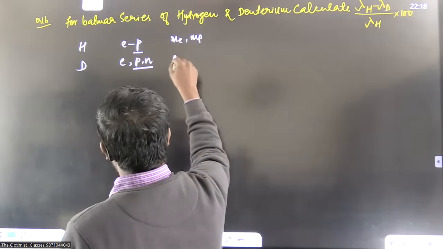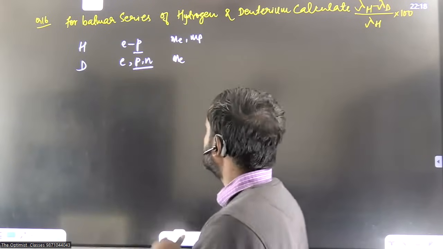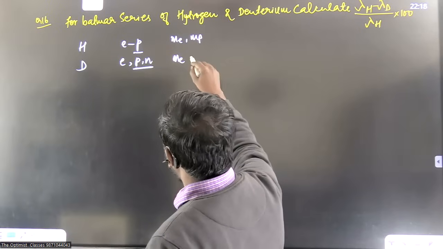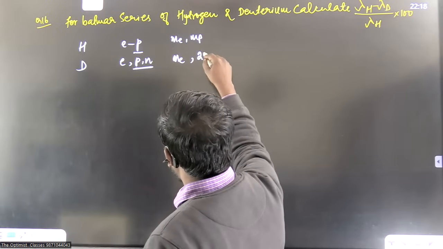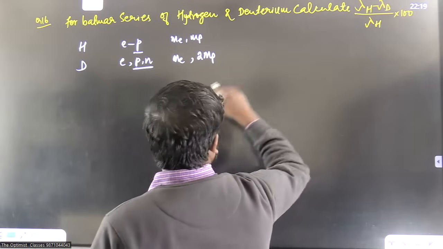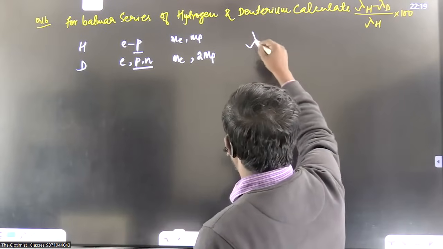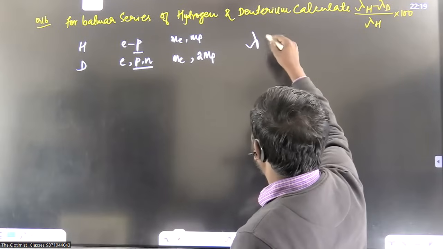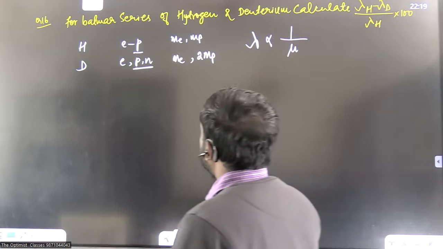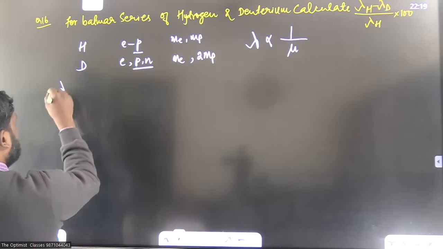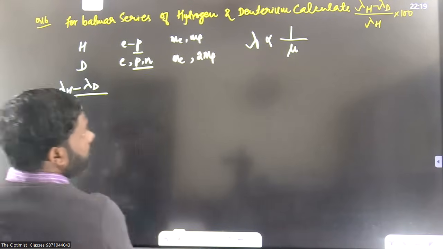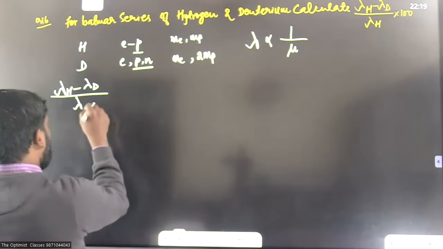Okay, here there is the mass of the electron. The electron is moving around the nucleus, and in the nucleus we have the mass of the proton and the mass of the neutron. So effectively we can say we have a mass of twice the mass of the proton. Okay, so if you read the theory, you will notice that wavelength is inversely proportional to reduced mass. So if we calculate this term (lambda_H minus lambda_D) upon lambda_H, we will get